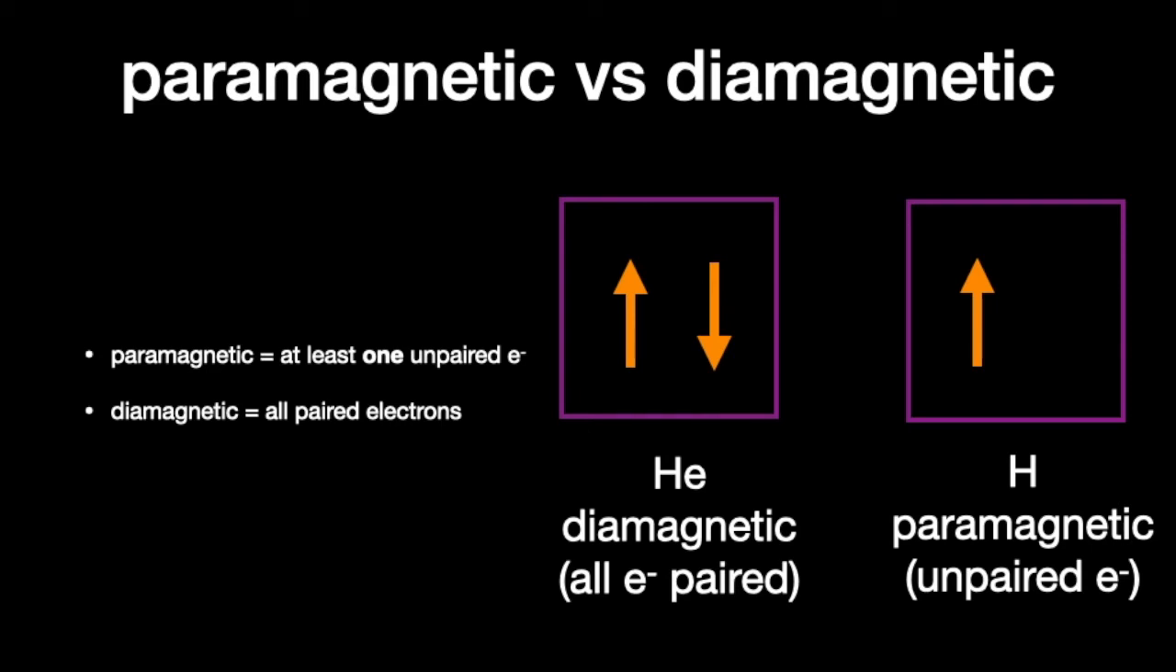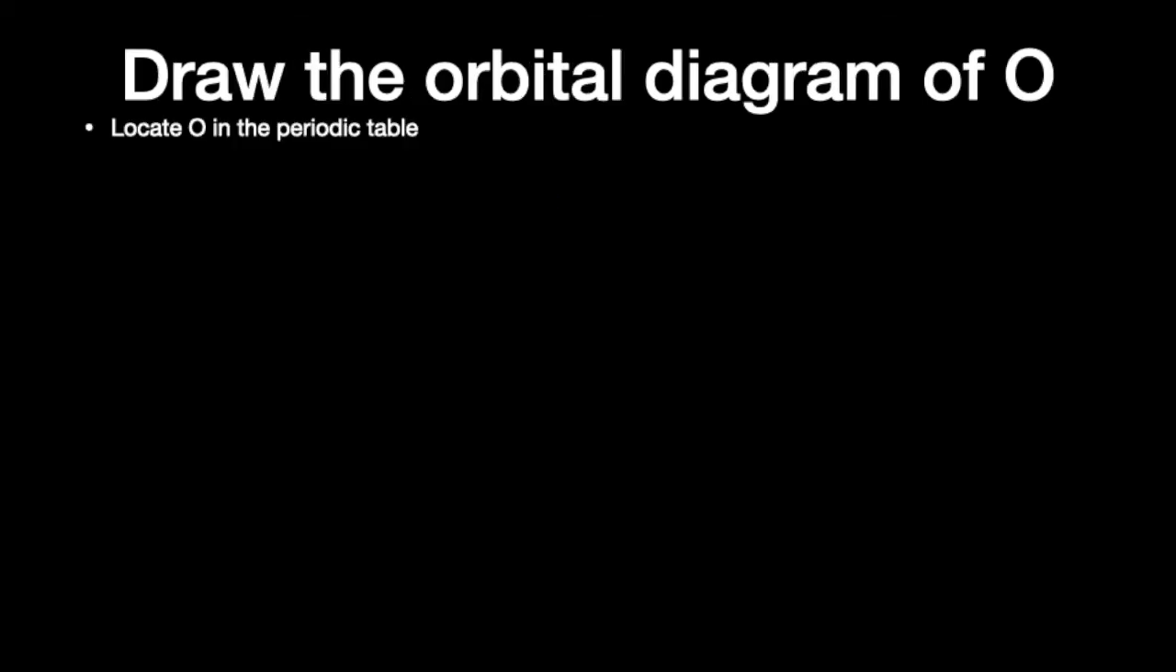On the right, we have hydrogen. The electron configuration is 1s1. There's just 1 electron in that s orbital. It doesn't have a pairing partner, so we call this atom, this element, hydrogen, to be paramagnetic because it has at least 1 unpaired electron, okay? Let's now draw the orbital